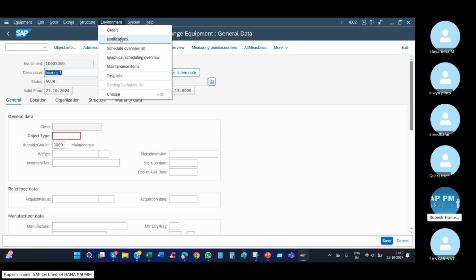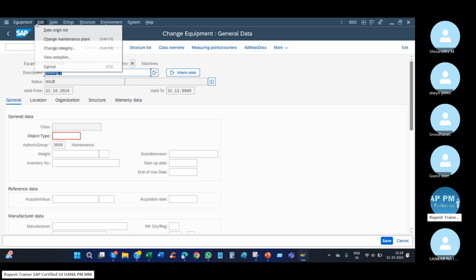This and all same: order report, notification report, IW29, IW39, IW20. This and all is preventive. Okay, that is all preventive. We'll see during that time. Next is